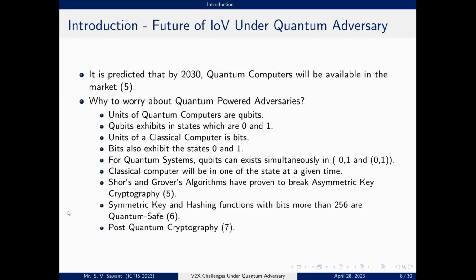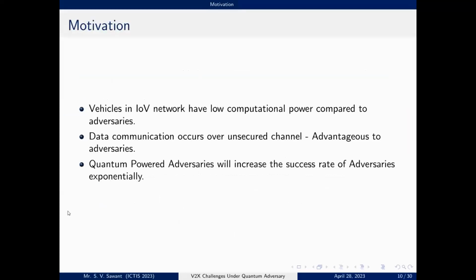So post-quantum cryptography is nothing but a problem that is hard even for the quantum system to solve. So such areas are called post-quantum cryptography. So it's the motivation that is of course